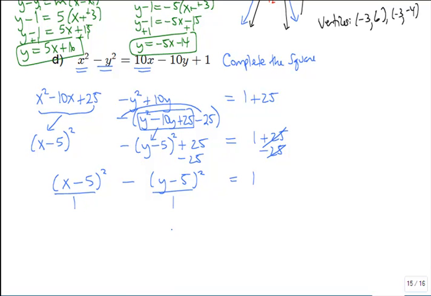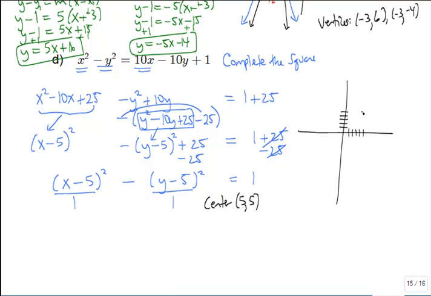So it is a hyperbola, it just looks a little bit different because it's actually a little bit simpler. So here's what we're going to do. We're going to graph it, and we're going to notice that because it's the x term that comes first, we want to be graphing our branches along the x direction, but because we have these parentheses, we have a shifted center. Plus 5 for x, plus 5 for y. So let's draw that center point first,